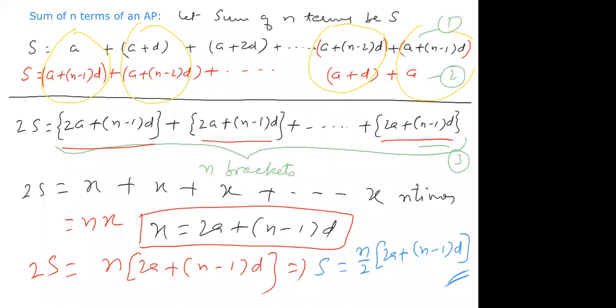So this is a complete derivation of the sum of n terms of an AP. Again, see what we have done. Arithmetic progression is given by a, a plus d, a plus 2d, and so on, up to a plus n minus 1 into d. And when I want to add it, this is the derivation of the formula. In the second step, I have written it in reverse order. That means the last term, a plus n minus 1 into d, is the first term, then the second last is the second term, and the first term is the last term. Then adding vertically, s plus s is 2s, and these yellow circles I have made.